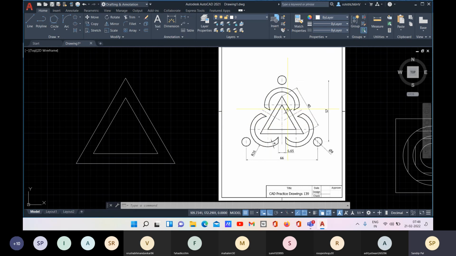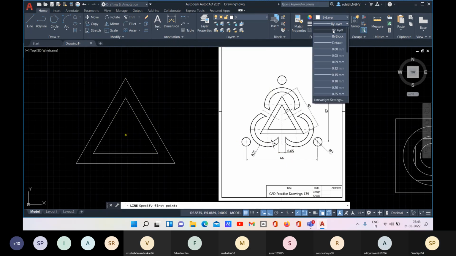Okay. So here you can see. So let's create the center line.